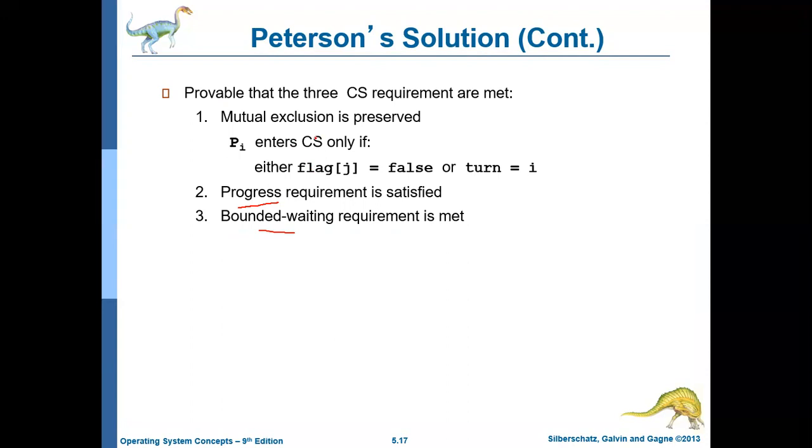The reason is it is basically designed for two processes. It assumes that there are only two processes competing to enter the critical section. But in today's scenario, that is not the case. There may be more than two processes. In that case, it satisfies mutual exclusion, but it cannot guarantee progress and bounded wait. Okay, so that's it about Peterson's solution.